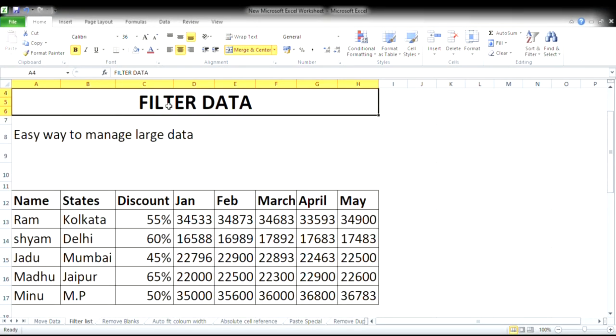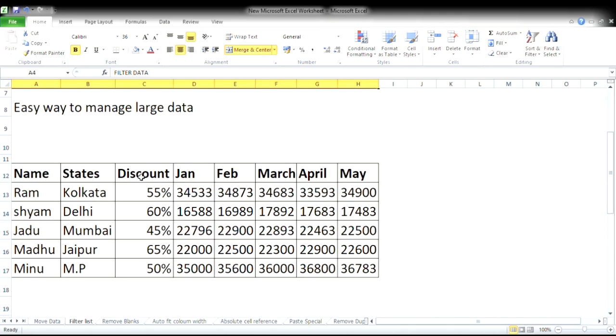We will filter data by using the filter option. The filter option is used to manage large data. Like if lots of data are there, we have to find some data by using the filter option. We will put the filter, and then we will find whatever data we require.